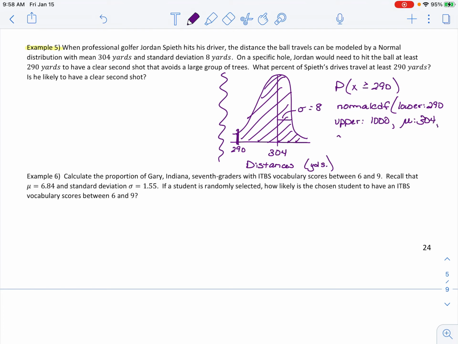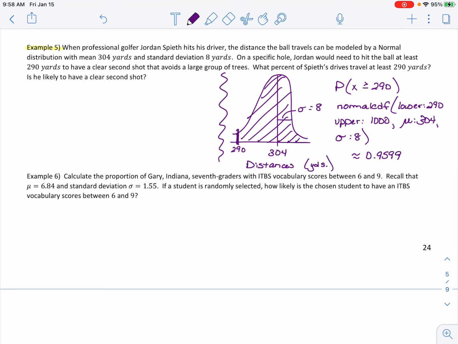So the mean of 304 and the standard deviation of 8. I'm not going to go to my calculator this time because I'm hoping you're understanding what I should be typing in, and then I don't have to make you nauseous by shaking the camera all around. So I'm putting in 290, 1000, 304, and 8. And I'm getting about